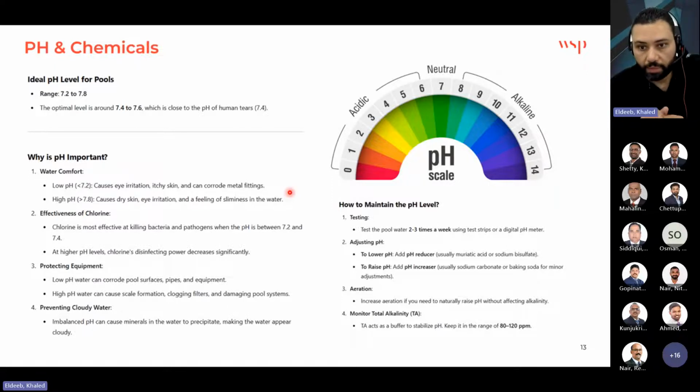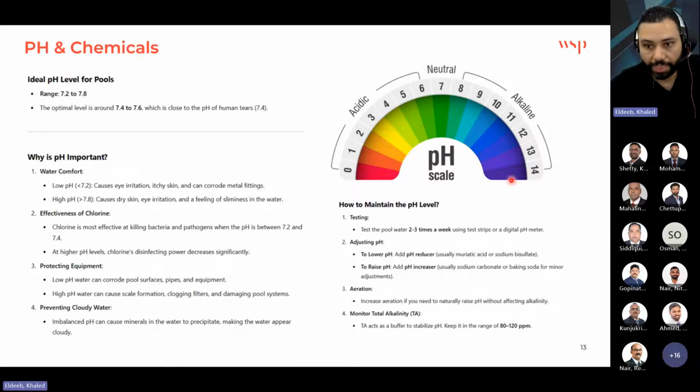So one of the main factors that we need to keep tracking is the pH level in the pool water, because any disorder in the pH will cause many issues, as we are going to see in the next slides. This pH level measures how acidic or basic the water is. As we see, the scale ranges from 0 to 14, which plays a crucial role in your pool's chlorine effectiveness,